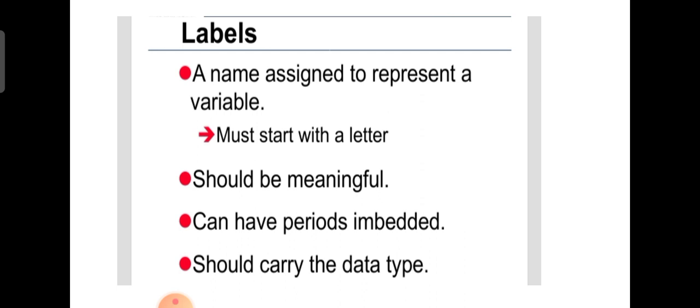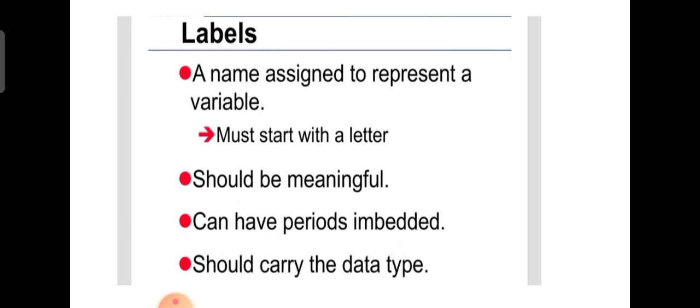We can use numbers as well for naming a variable, but it should always start with a letter. For example, we can take a1, but we cannot take 1a. So the first and foremost rule is, whenever we assign a variable, it should always start with a letter.